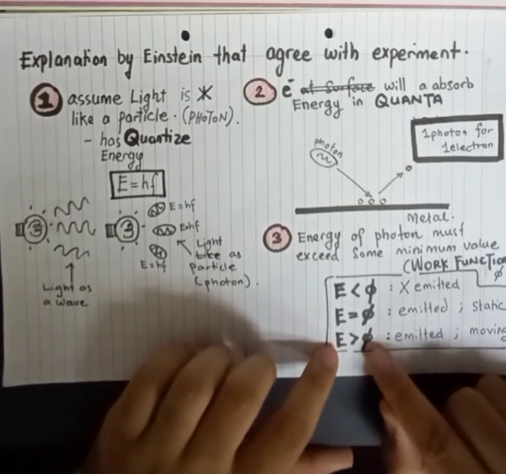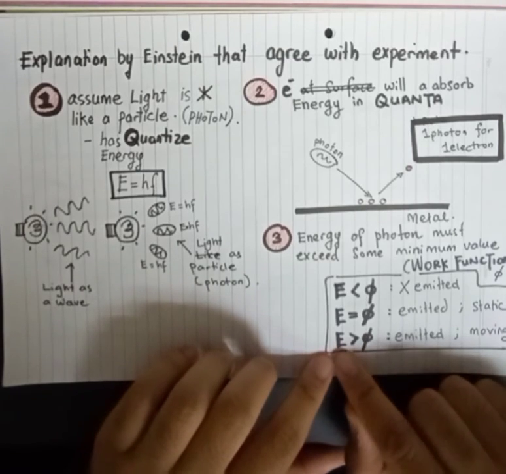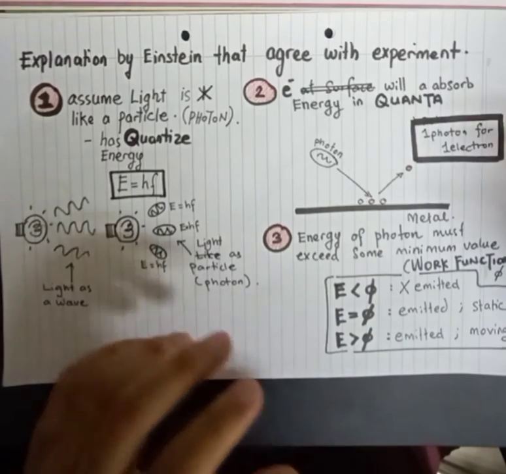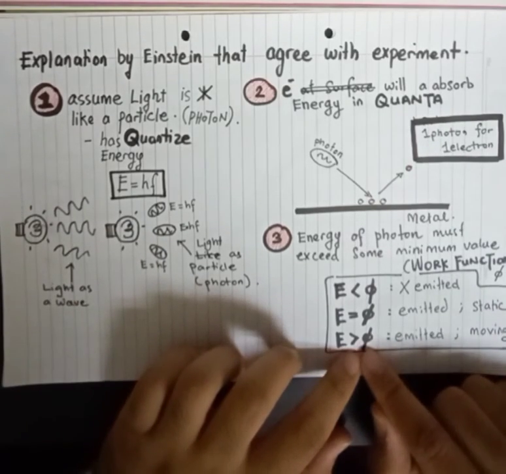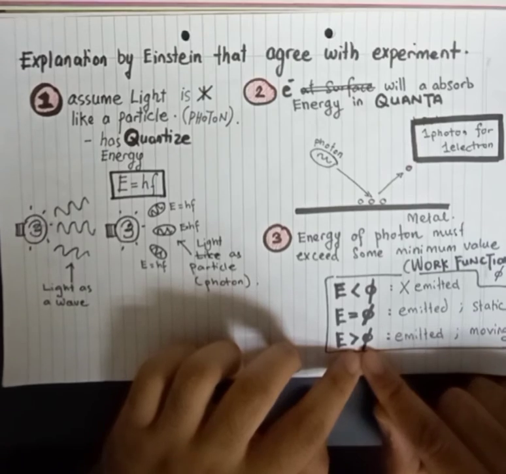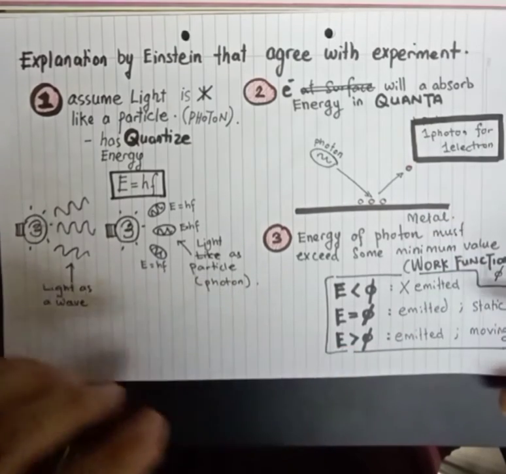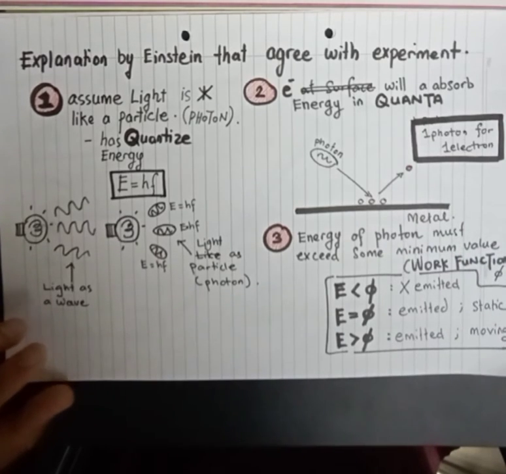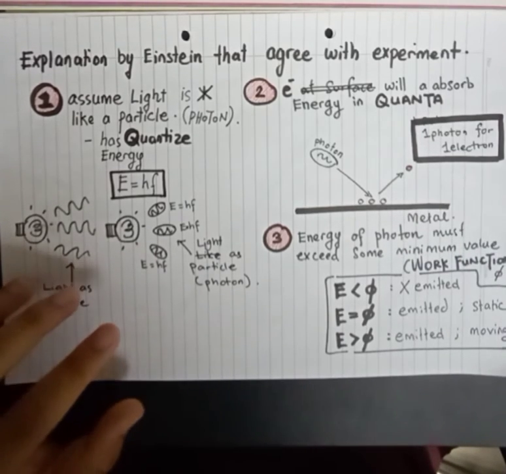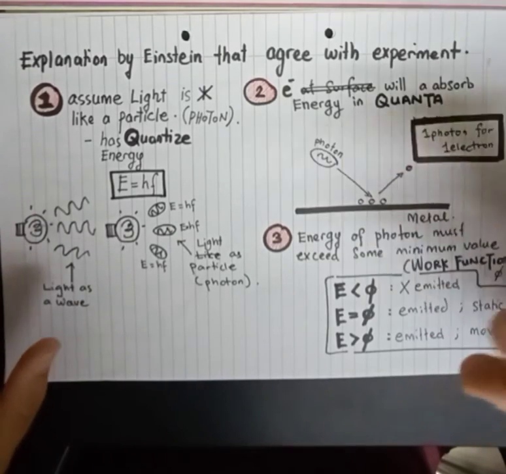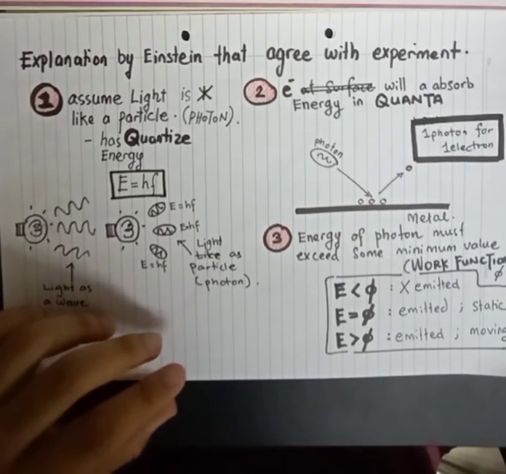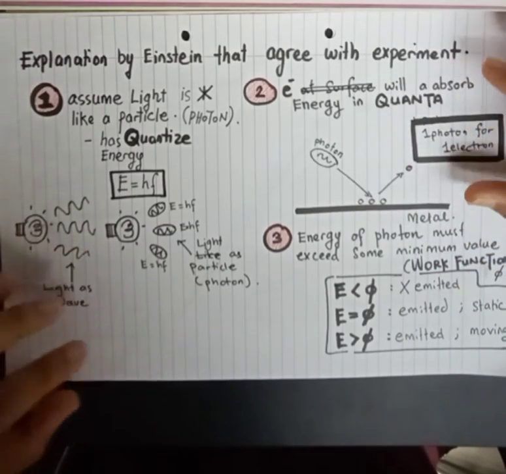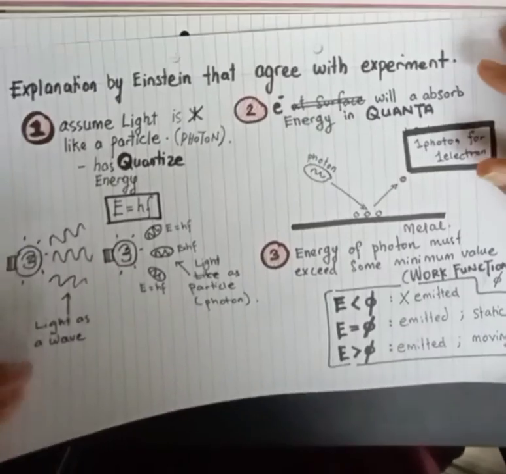That means, in this case, the energy of the photon is used first to take the electron out from the metal. The extra energy is converted to the kinetic energy of the electron and makes it move with some velocity. The work function is different for different metals. Let's say we have two metals, metal A and metal B. The work function of metal A is not equal to the work function of metal B, which means different metals require different amounts of energy to take the electron out.